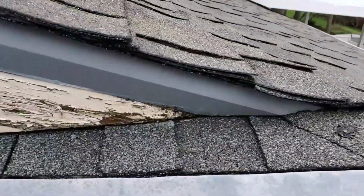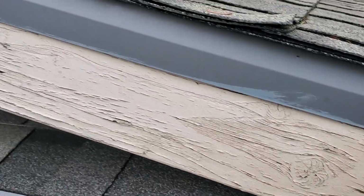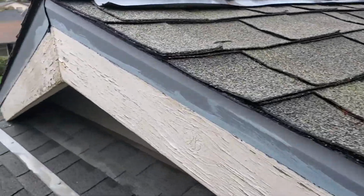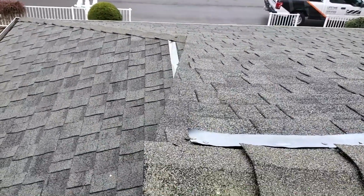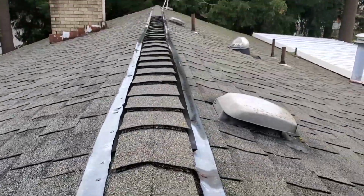But see this right here too. This has seen better days too. This barge board has seen way better days. So we could talk to her about possibly replacing this, or again, maybe getting rid of these flying gables, because these flying gables are kind of dated in my mind, but she might like them. Maybe she doesn't want to pay for it. But overall, yeah, as we work our way